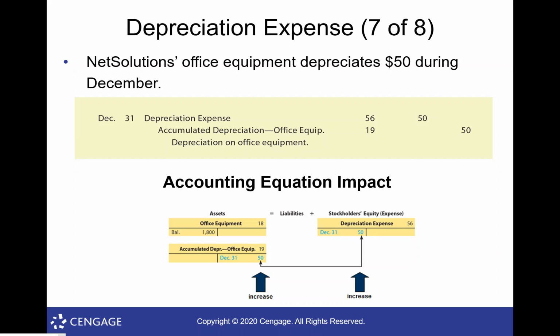It doesn't mean it's worthless. Maybe the computer's still working. Maybe we're still using it. What it means is we have fully claimed as an expense the cost of that computer. Again, don't get into your head that we're talking about the value of it or the usefulness of the item. That's just an estimate. Some computers might last 10 years. I don't know. But based on past experience, we had to make an estimate of 4 years. And so that's how we claim the expense of it.